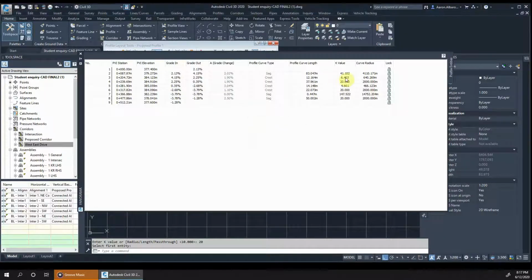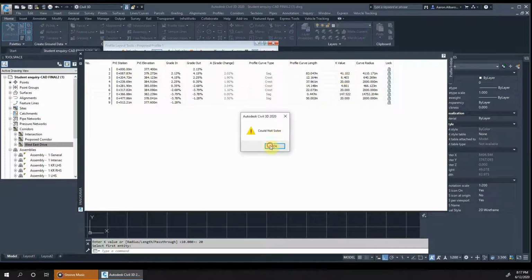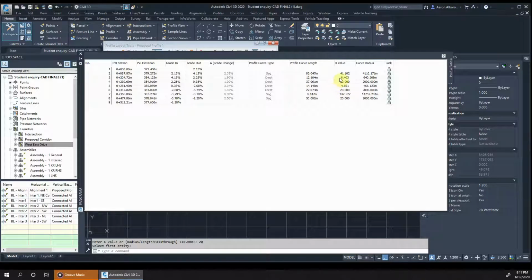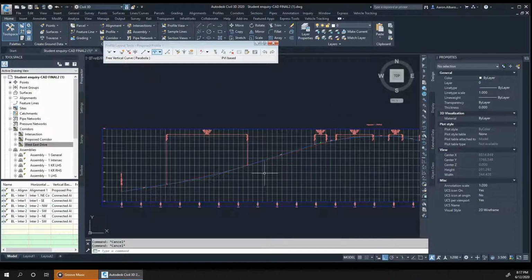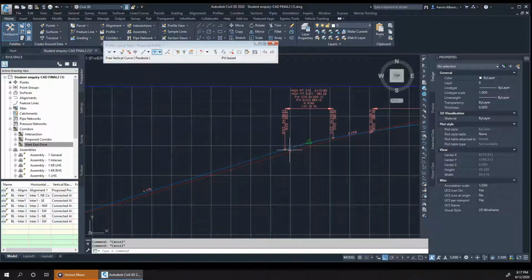And if that couldn't solve it, that's fine. I'll go in a minute and fix it. We may need to increase the size of the curve, and the same thing here. So that's the second, and 1, 2, 3, 4. The second and the fourth one have to be fixed. Okay, so looking at the curves, this is the first one, this is the second one, and